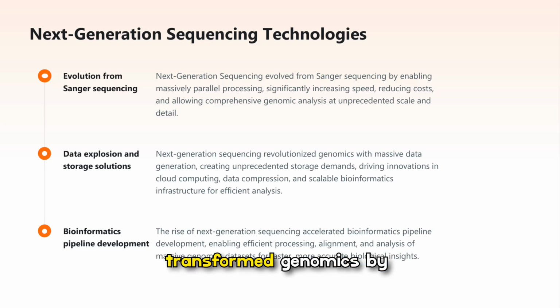Next-generation sequencing transformed genomics by enabling massively parallel sequencing that increased speed and reduced cost, creating a data explosion that demanded new storage and analysis solutions. This slide highlights how these technologies spurred cloud computing, advanced compression, and scalable bioinformatics pipelines to process, align, and interpret vast genomic